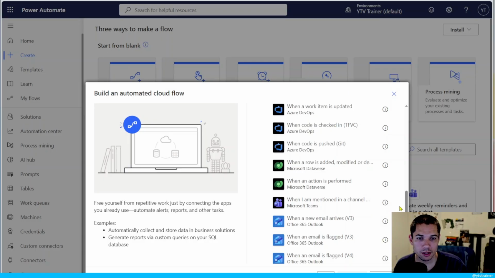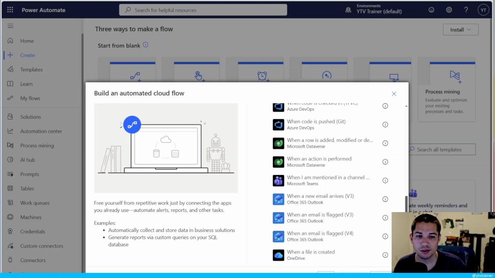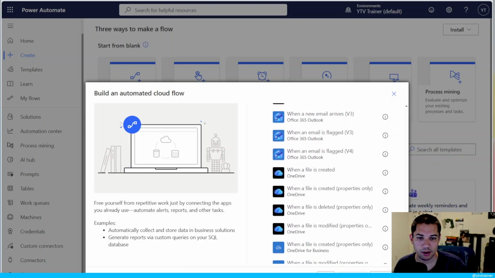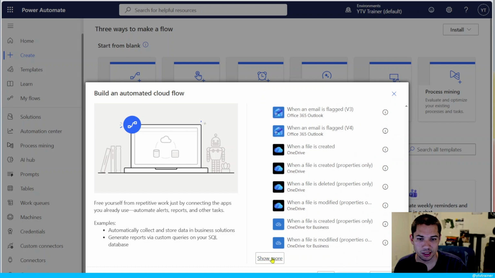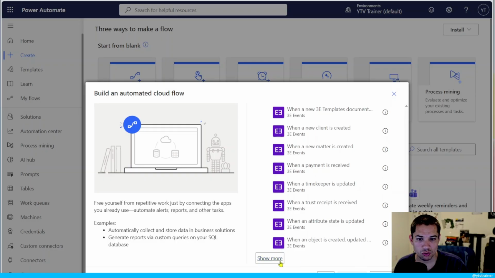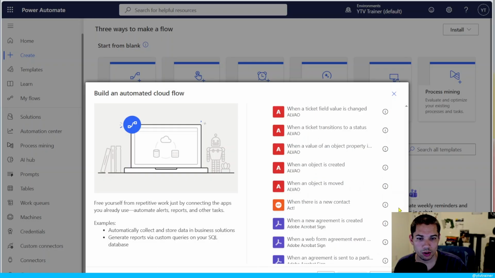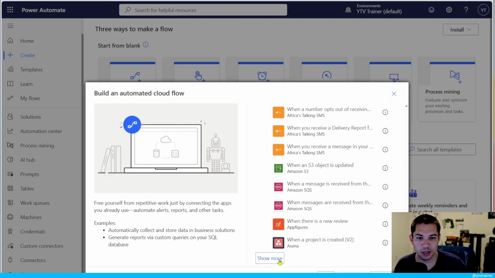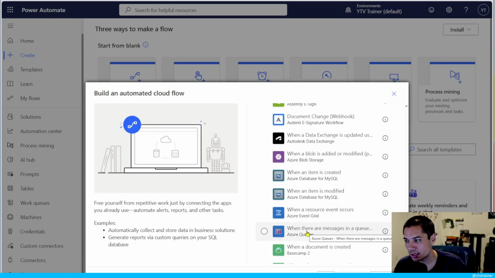Okay. Teams is a big tool that's used a lot now. I like doing a lot of automation in Teams. So here's just a real long list of stuff. I mean, the list goes on. I'll just scroll. You can keep hitting show more. It goes on and on. Really, whatever the tech stack is that your organization uses, you're going to find